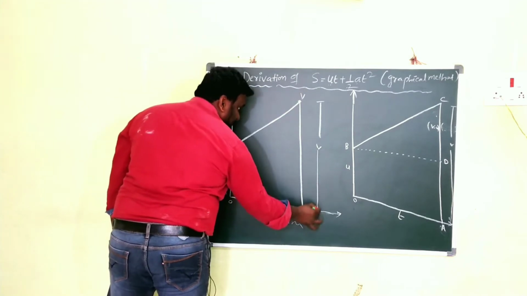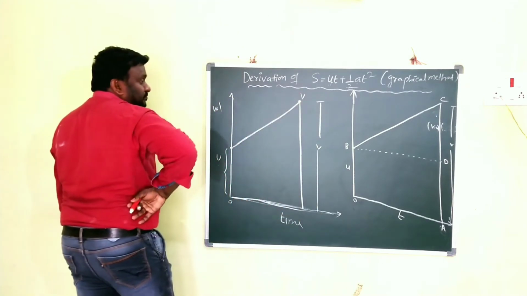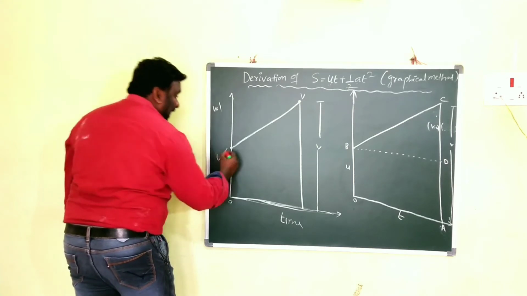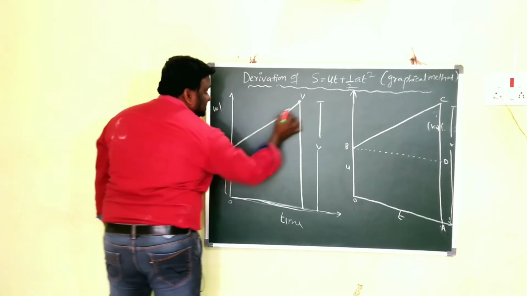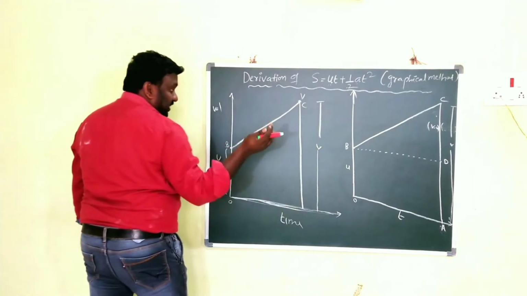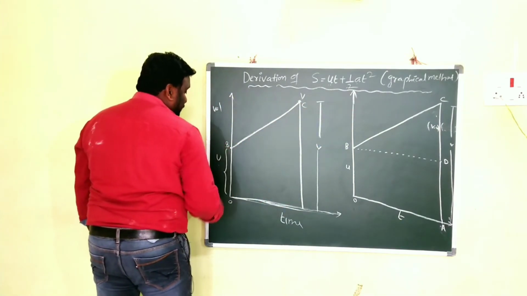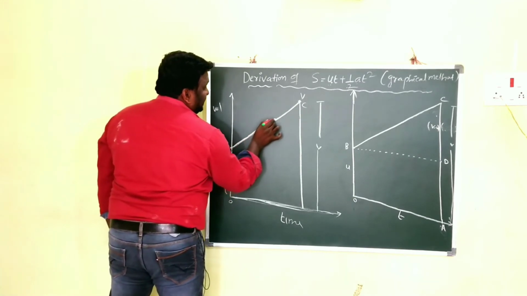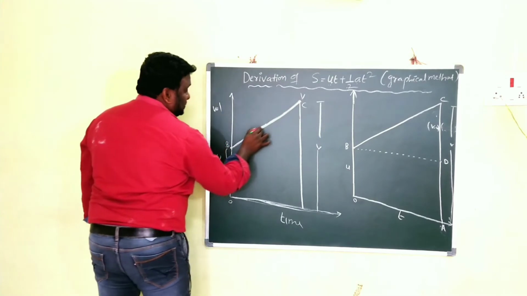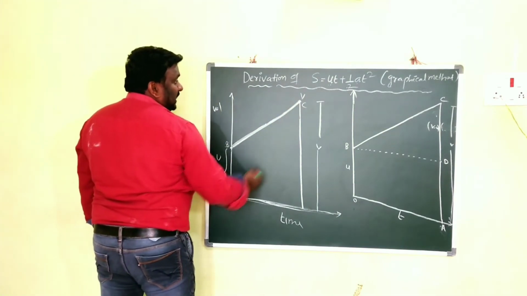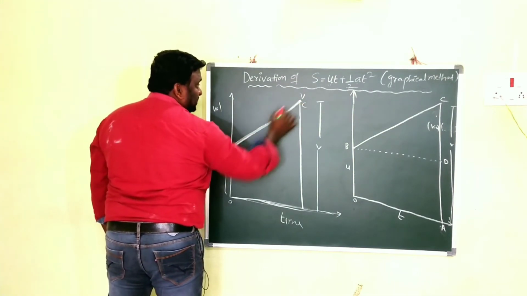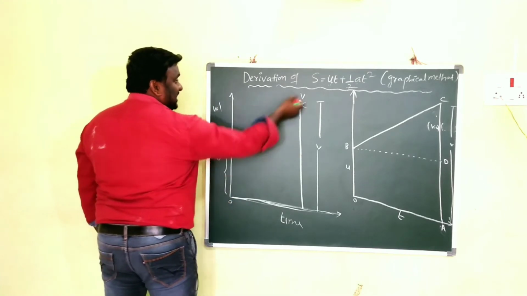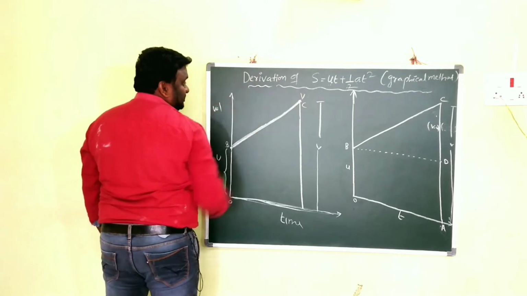This is now velocity v. Clear children? After that, for example, I am giving names: this is B and this is C. Here you have to focus on where I am drawing. BC is the curve that represents the velocity. Clear? And children, have you observed, is there any increase in velocity? Yes. Here u is there, here v is there. There is some rise.